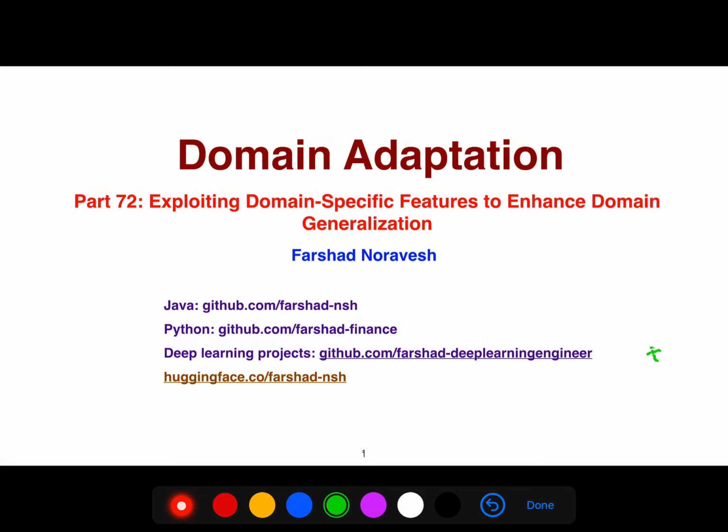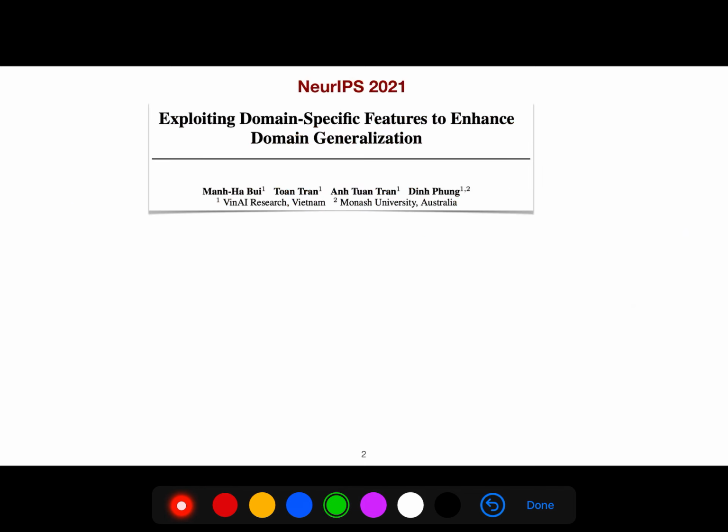Alright, so in this video I'm gonna be explaining another important article with the title Exploring Domain-Specific Features to Enhance Domain Generalization. For example, when we have a feature vector, we can decouple part of it as domain invariant. The rest of that is domain specific. So this paper is from 2021,